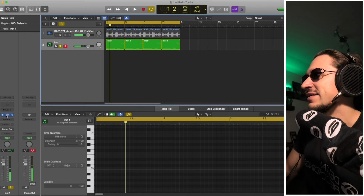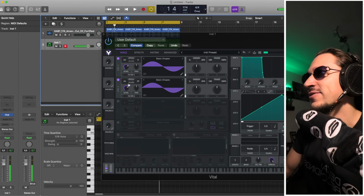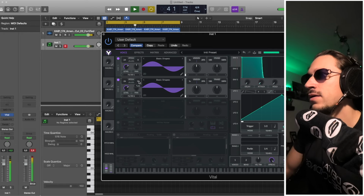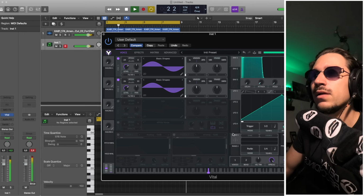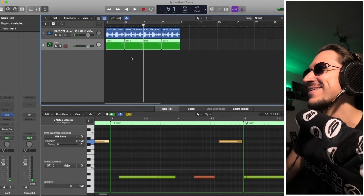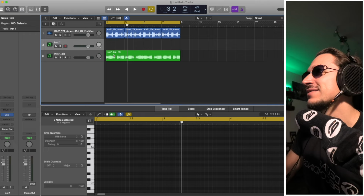All right, let's beef up this bass a bit here. I'm going to get another sine wave going on. Let's get the rhythm nice and juicy. That's really nice. I like that. Let's get that one rendered out anyway. That's our main bass line then. All right, next let's get